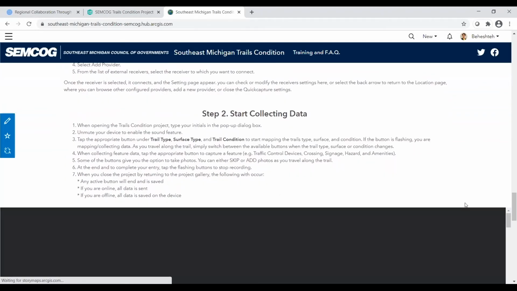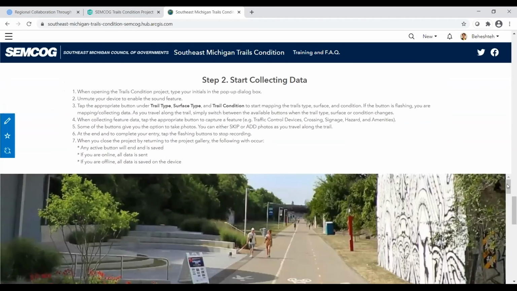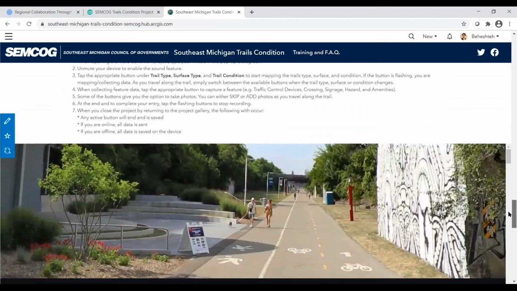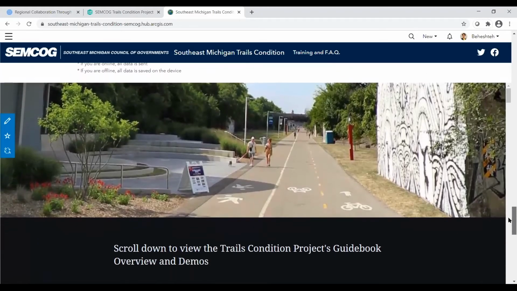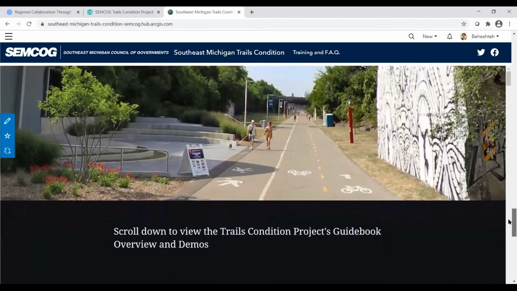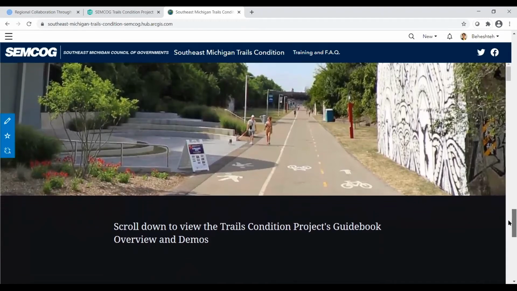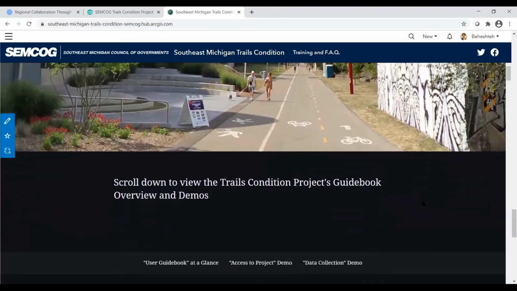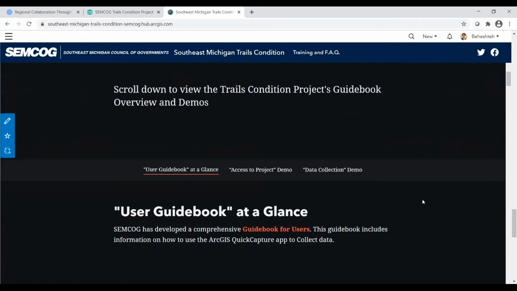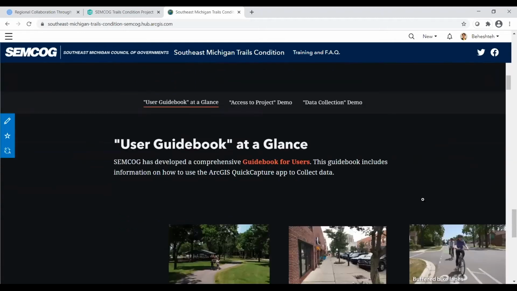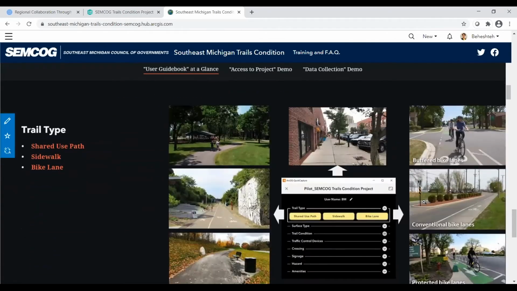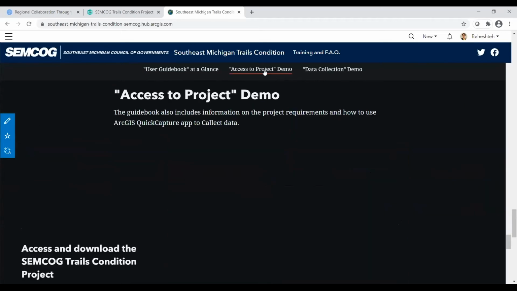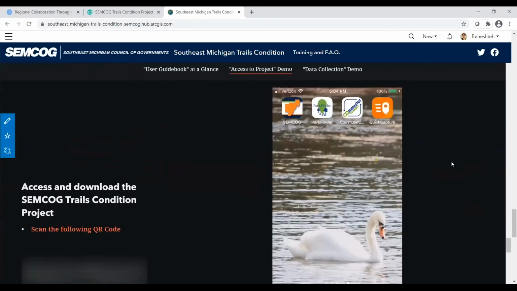Under Start Collecting Data, through Hub, we were able to embed a modified version of the story map that I shared with you earlier for participant reference. Here you can see this story map includes the user guidebook at a glance, as well as access to the project demo,